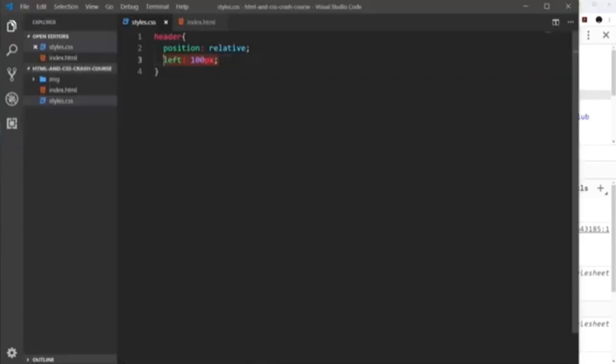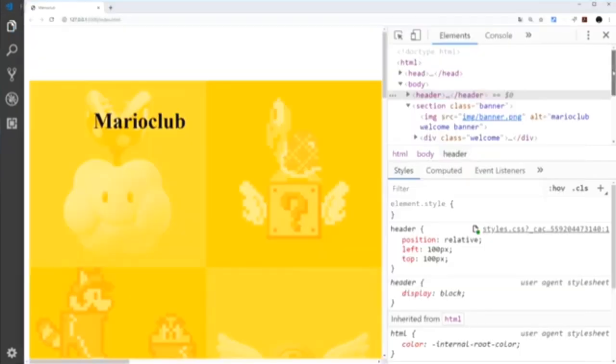Now that's a little confusing when you first start using this, because if you're thinking, well, this is called left, surely it should go left by 100 pixels, but that's not the way these positioning things work. When we use left and provide a value, it means we want to shift away from the left by this value. Likewise, if I did top, it means I want to shift away from the top by 100 pixels in this case. So if I save it and preview over here, now we can see that it's down here